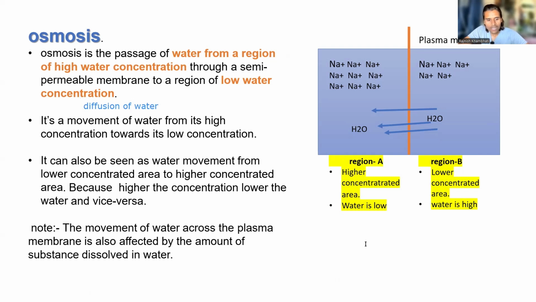I can call it diffusion of water because the same water is going from higher to lower. It is a movement of water from its higher concentration to its lower concentration. I can say it in other words. Don't get confused with these similar kinds of words. They actually look similar, but they are not similar. So from higher to lower of water, or it can also be seen